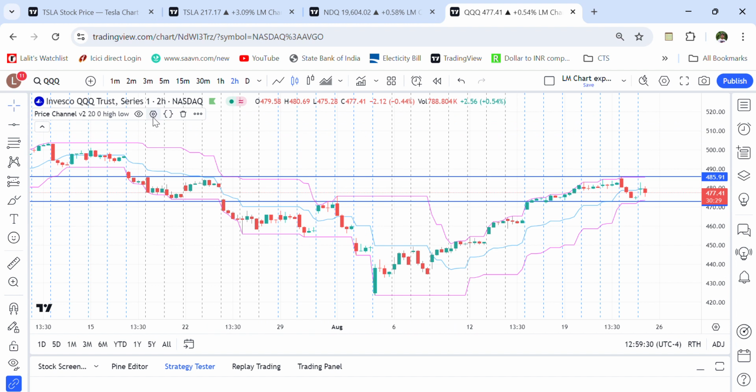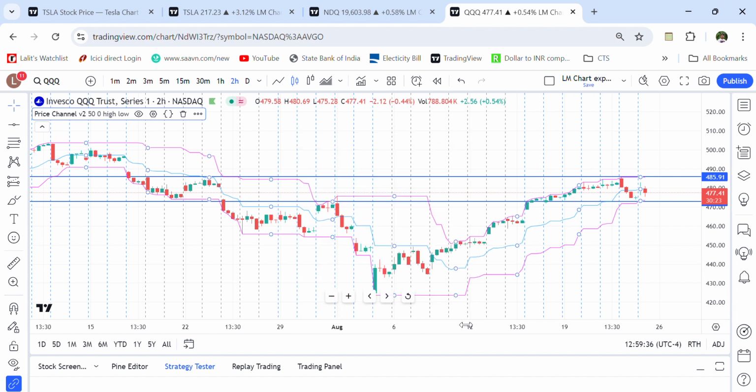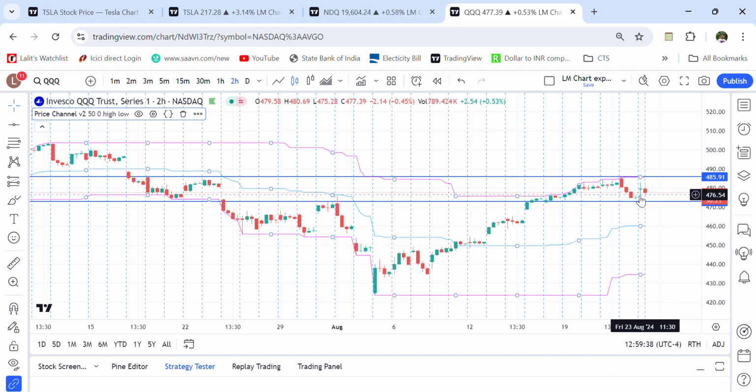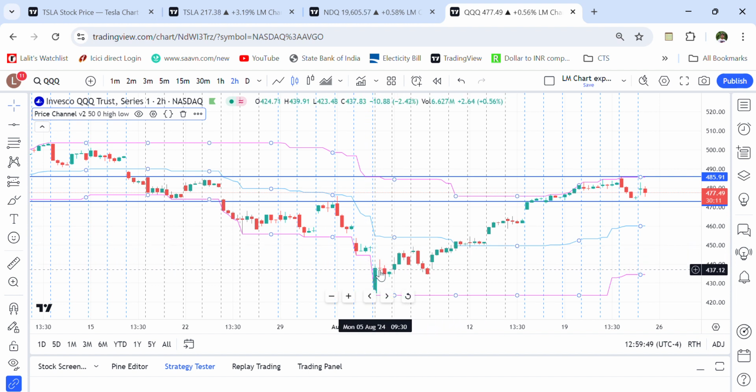the look back period, let's make it now 50. Okay, so if you see, till here was 20, that is around 2 days, so again this will be 20 here, and 20, around 10 here, so around 50. Okay, so if you see here,